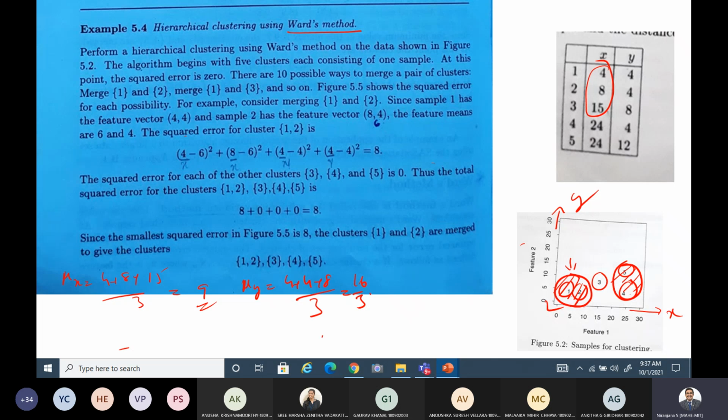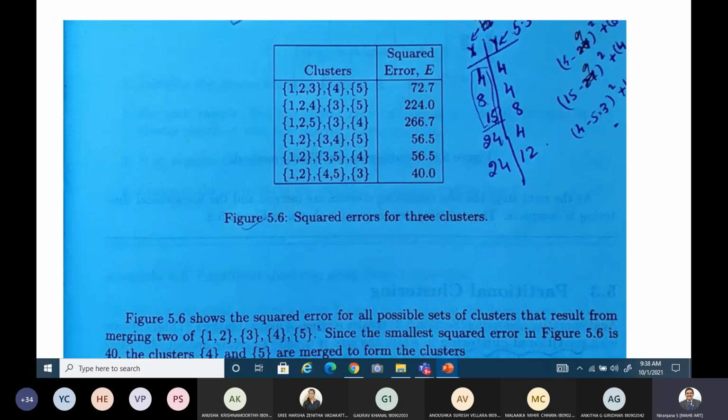The 3 clusters are visualized like this. If you want to get 2 clusters, to get another level of the hierarchy, you can repeat the procedure once again. That is how we need to proceed here. If required, you can do it. It takes slightly more time. It's a different method. Sometimes we may not ask you to develop the whole tree. We may ask only 1 or 2 iterations at the max, depending on the problem. Any questions in this case?